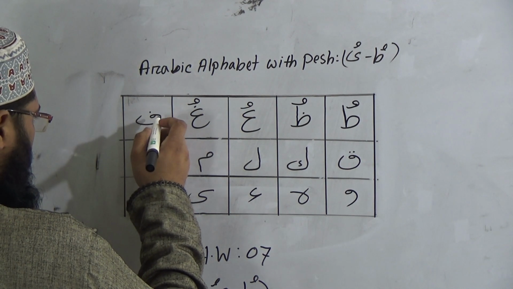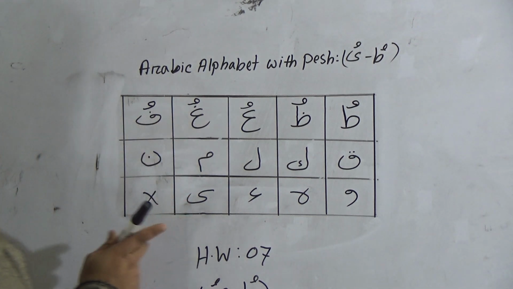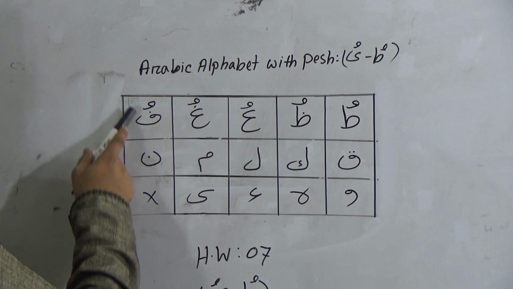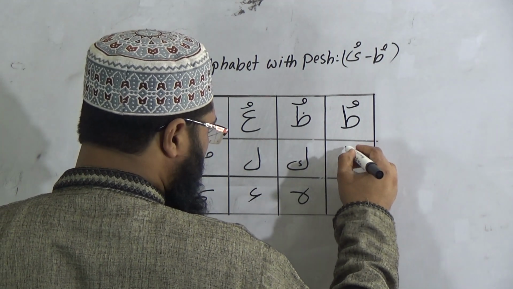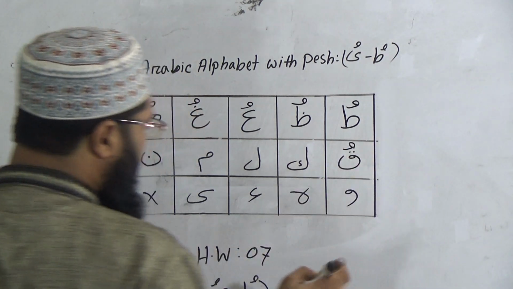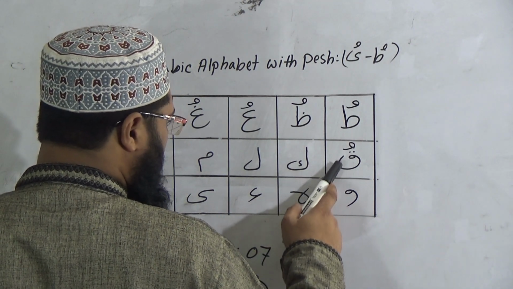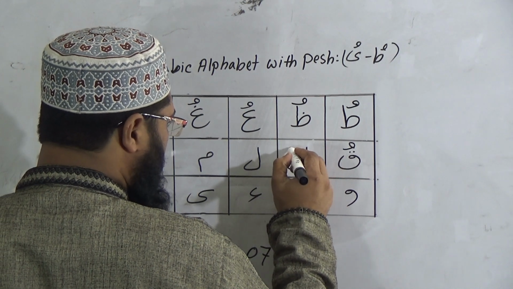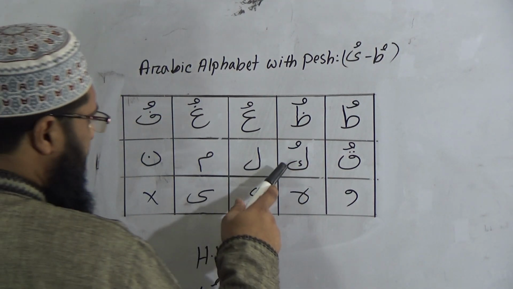Now my dear student, this one is Fa. Now I'm giving Pesh over the Fa, and you have to pronounce this one Fa Pesh Fu. And my dear students, this one is Qaf. This one is called Dui Nukta Wala Qaf, and I'm giving Pesh over the Qaf, and you have to pronounce this one Qaf Pesh Qu. And this one is Kaf. This one is called Muddu Khane Pachano Kaf. And now I'm giving Pesh over the Kaf, and you have to pronounce this one Kaf Pesh